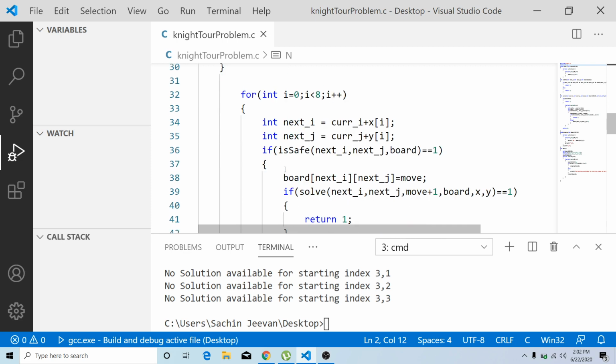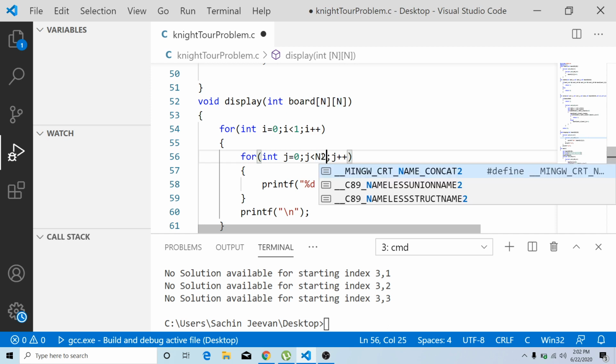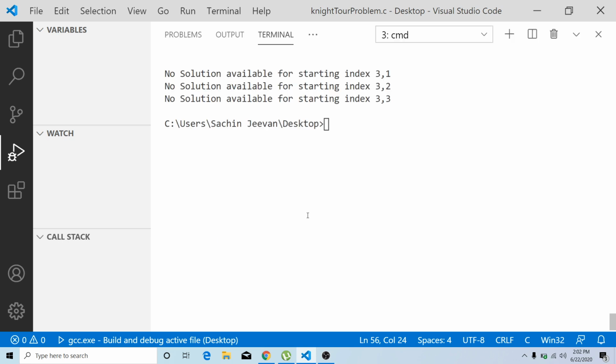So probably what I will do is I will change the loop for only one possibility. Okay, so I'll change it to i less than 1, and j less than 2. I think for the very first 2 possibilities we will check. Okay, so if it is working, then it is fine.